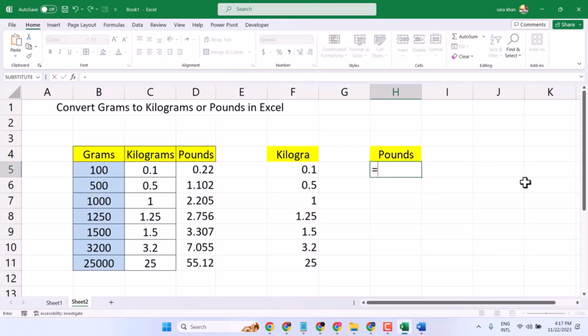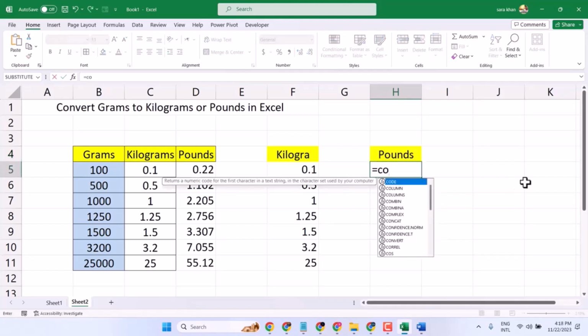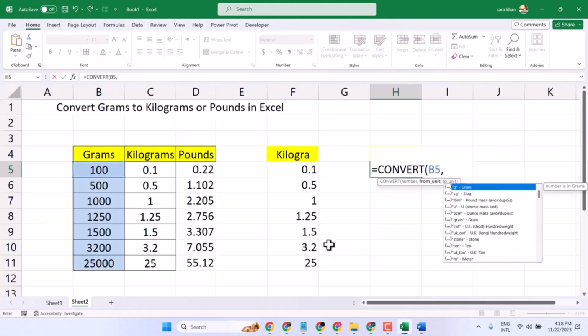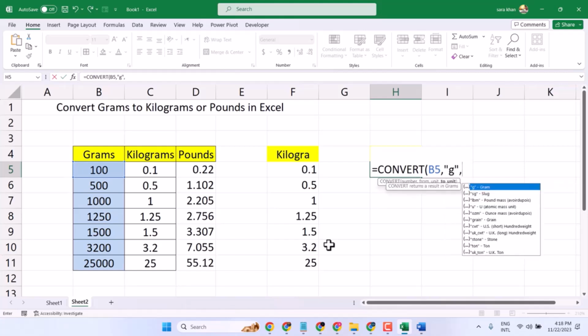Equal and convert, double click on it, select this gram cell, comma, and type here G, and for pound you have to type letter LBM,